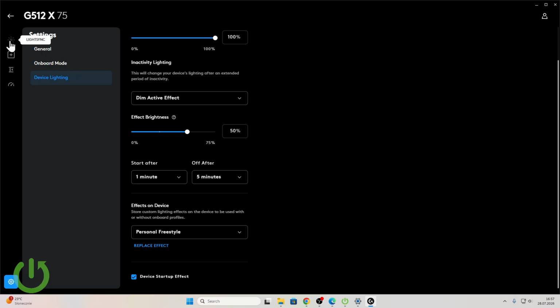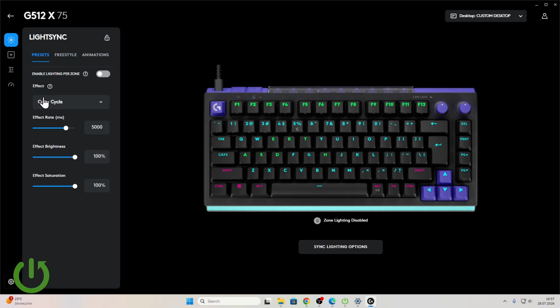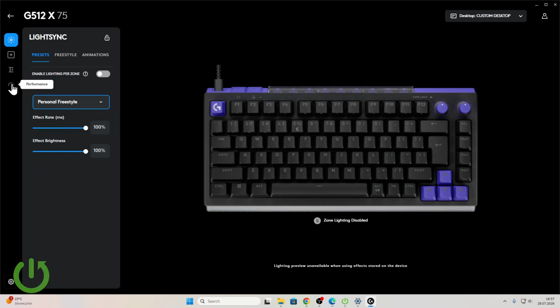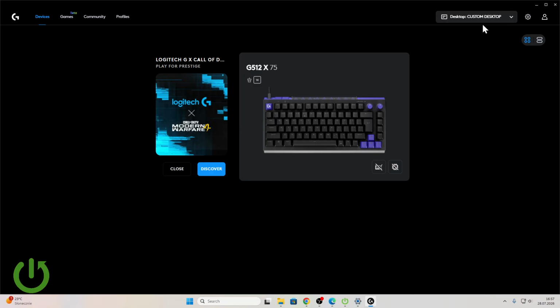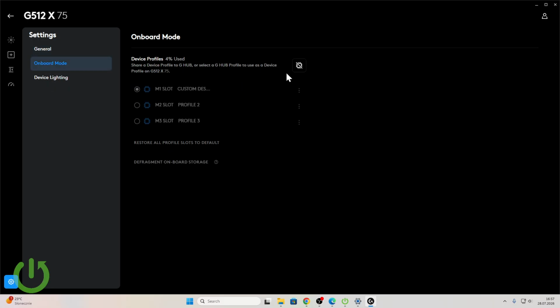Now what you have to do next is return back to LightSync menu, go to presets, and in presets, in effect, select your custom freestyle. Then return back to device settings. Let's check which profile we are currently using, and then return back to the device settings, go to onboard mode, enable it, select any memory slot,